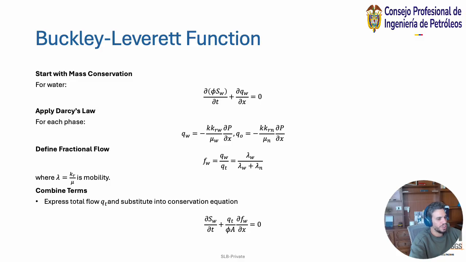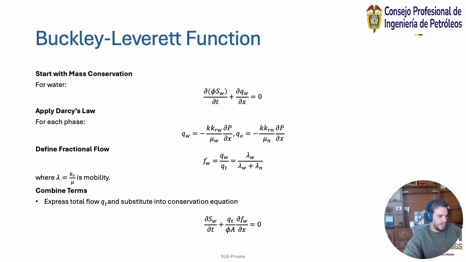So first of all, you want to start again with the law of conservation of mass. So you're setting your equation equal to 0 to get that balance. And what you're doing is putting in something that looks like Darcy's law for each phase, the multi-phase Darcy flow equations that we talked about. When you enter that, you have a flow rate for water and a flow rate for oil with its relative permeability, or effective permeability, you can say, and then you want to define the fractional flow,